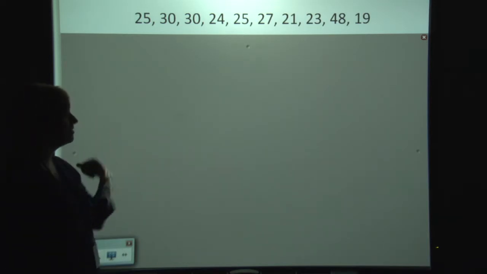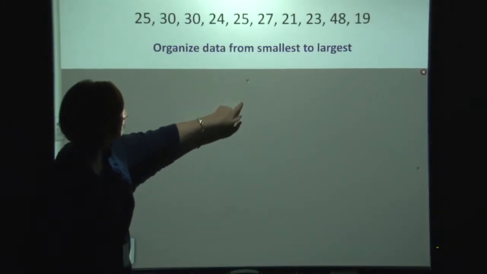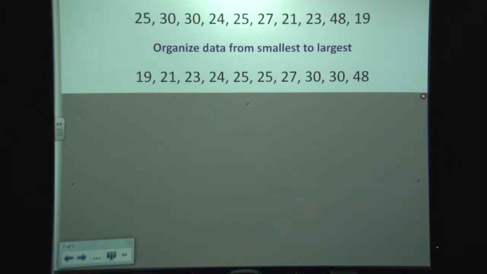So we begin by looking at the raw data as you collect it. 25, 30, 30, 24, 25, 27, 21, 23, 48, and 19. These values represent the distance traveled in centimeters. So to begin the process of constructing a box and whisker plot, you want to first organize your data from smallest to largest. So organized from smallest to largest, you have the values 19, 21, 23, 24, 25, 25, 27, 30, 30, and